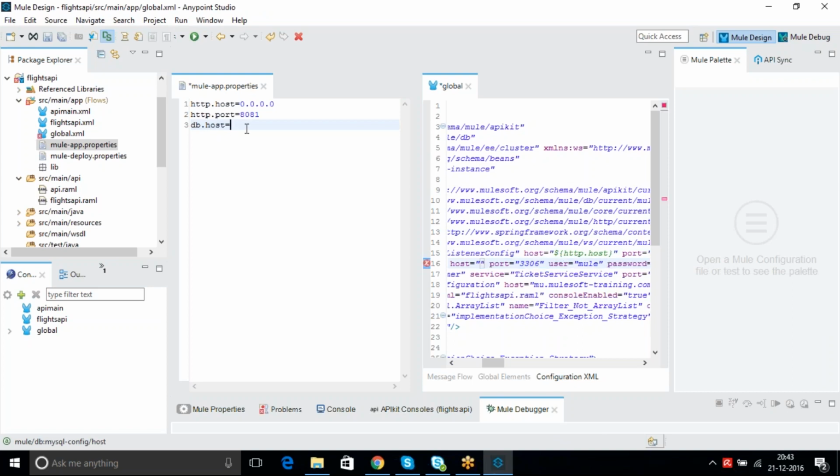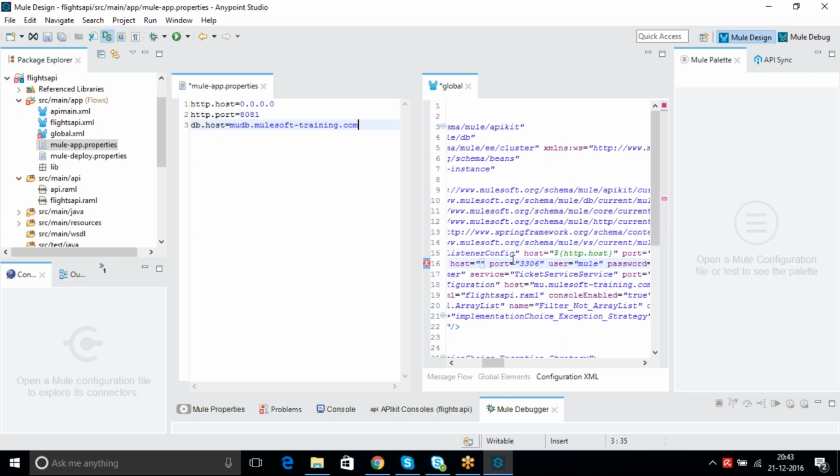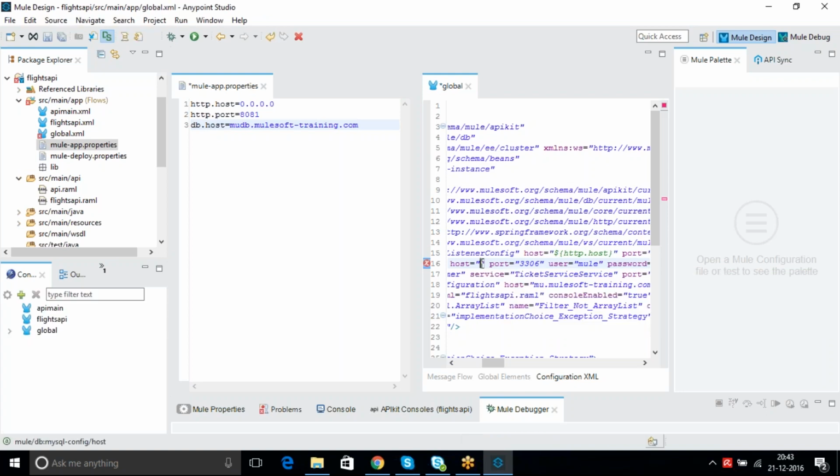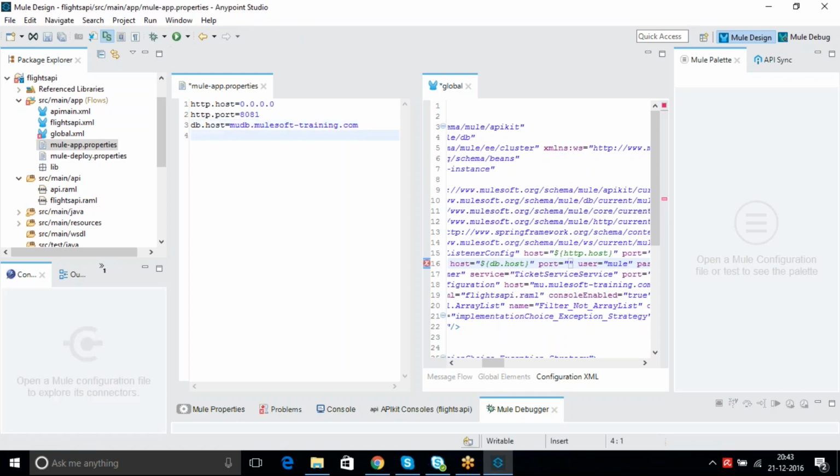Control X, Control V, and here dollar open and close db dot host. Okay, this you cut here, db dot port, so equal to.